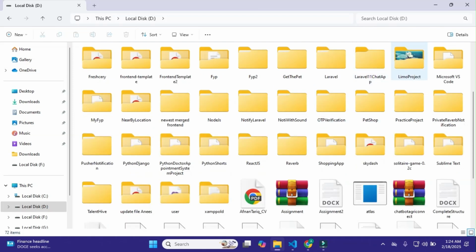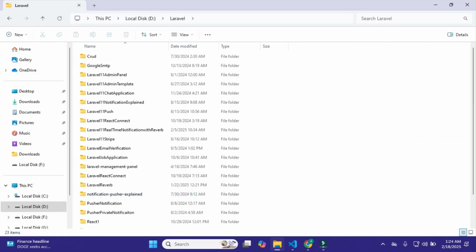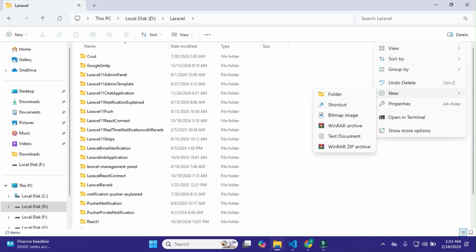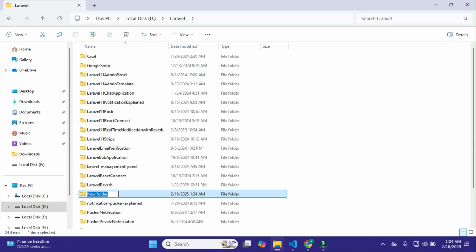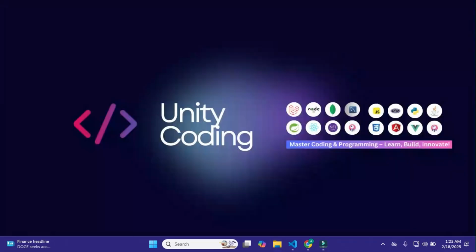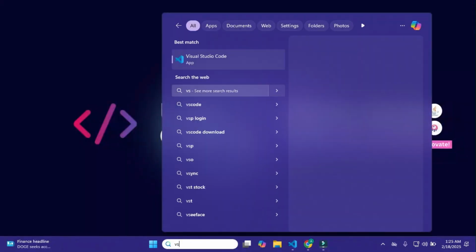It is in this Laravel folder, and now here I'll create a new folder and name it blog app with reverb.